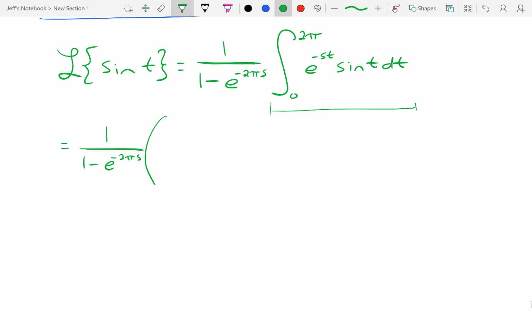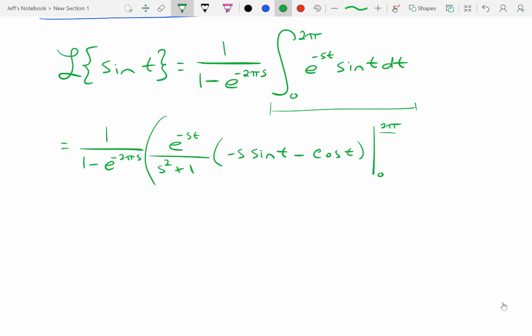The integral is going to be e to the negative st divided by s squared plus 1, squared, times negative s times the sine of t minus 1 times the cosine of t,